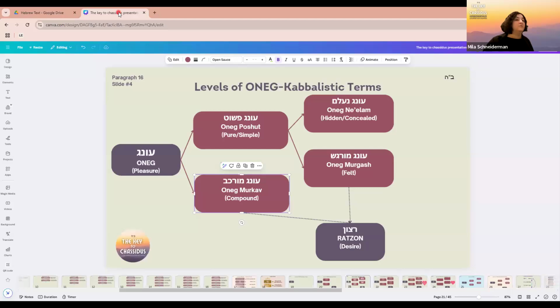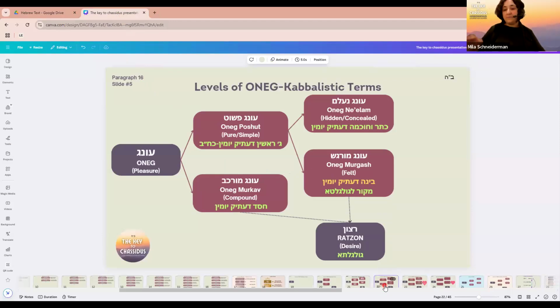And we're going to go back to the presentation. Okay, we're going to count now. We're going to translate all this into our Kabbalistic terms. Okay, here we go. We have oneg, and we should have added here atik yomin. I think we missed that. If we're already adding the Kabbalistic terms for it, so this is atik yomin. What does atik yomin mean? An old guy, an old ancient guy.